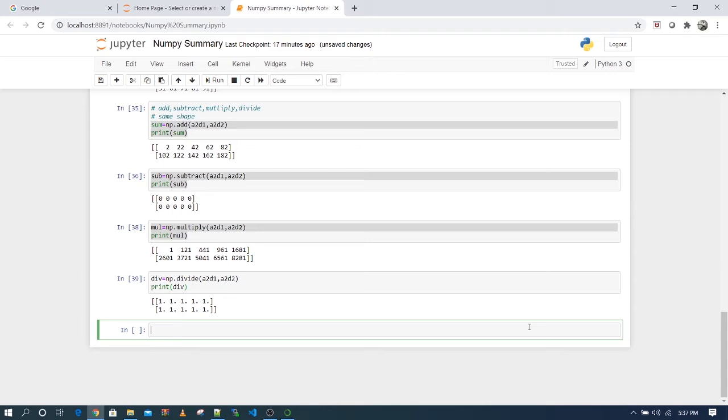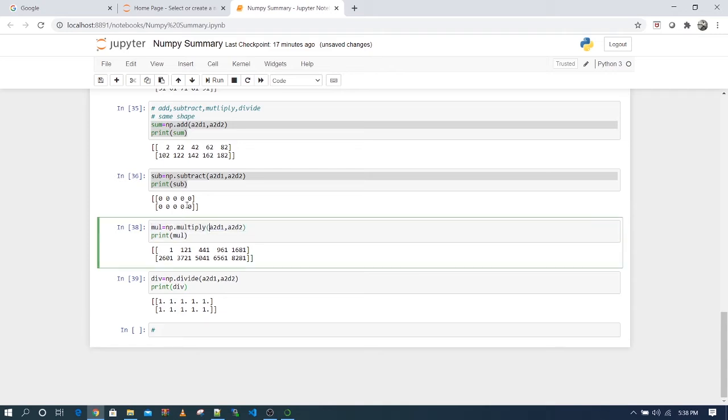Now, if you have heard of the dot product, remember that matrices have two kinds of multiplication. One is simple multiplication and the other is dot multiplication. Multiply, as I showed you, is based on each element. Each element is multiplied by the other element at the same position.